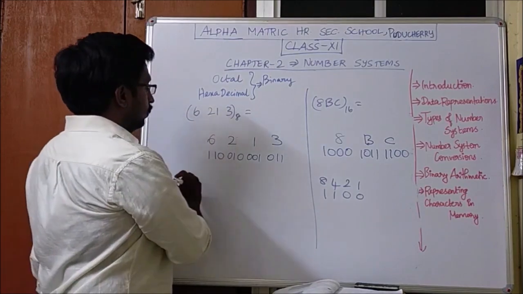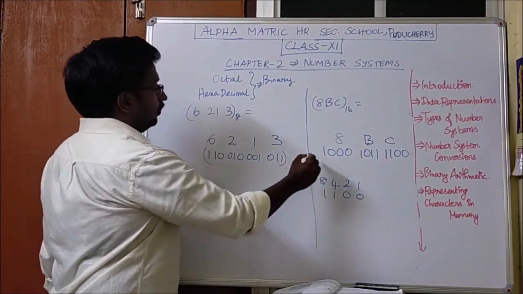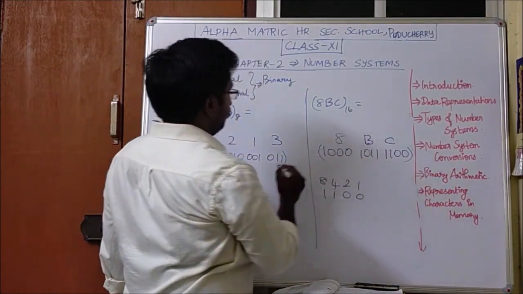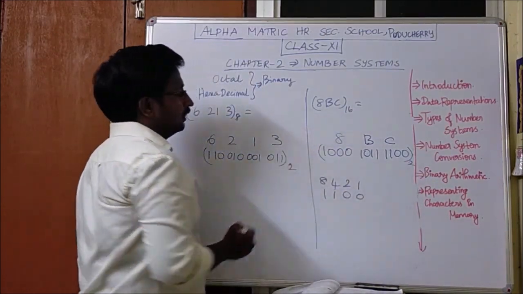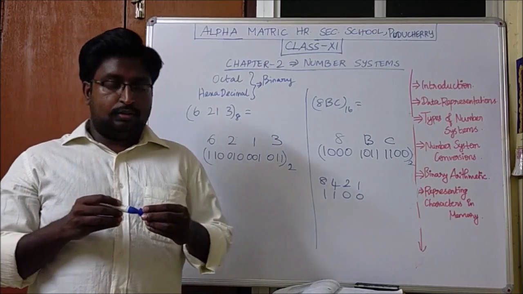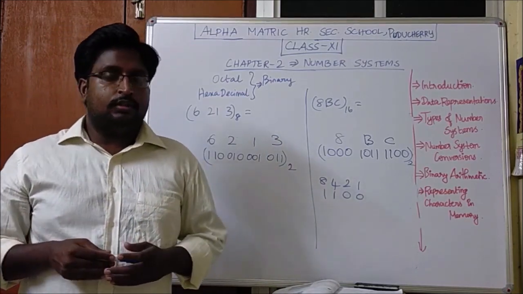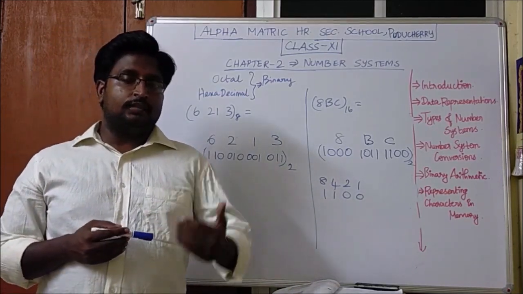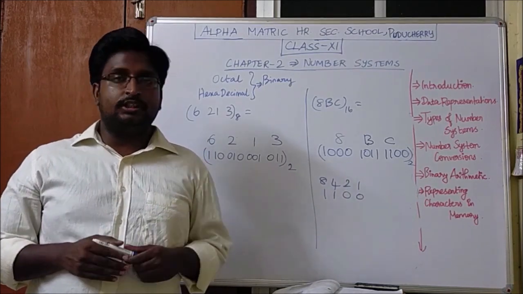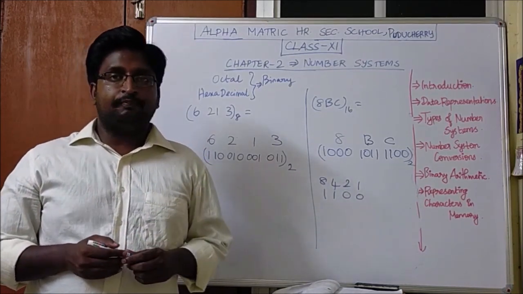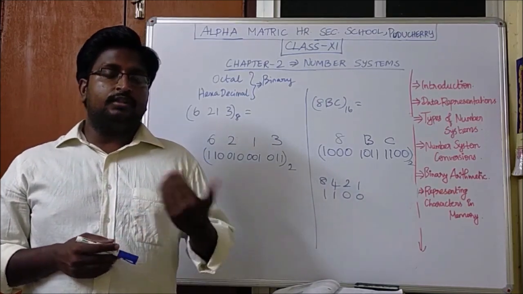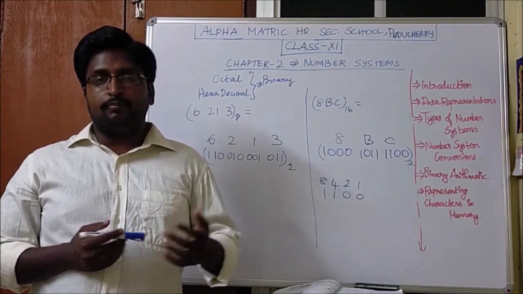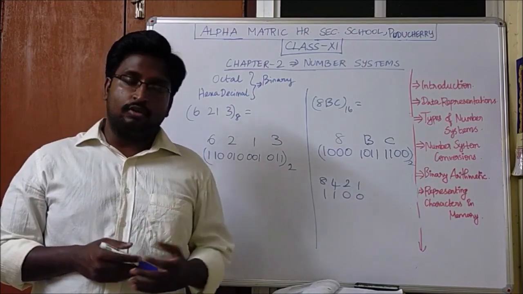So this is how you have to find the binary equivalent for octal and hexadecimal. So with this, the number system conversions are over. In the next video, we will start with the signed magnitude representation, that is 1's complement, 2's complement,